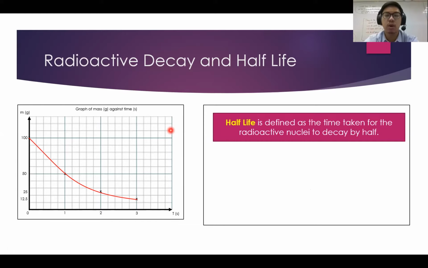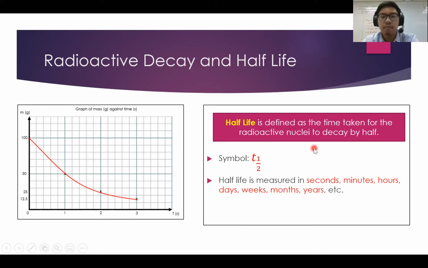So it is a quantity that is related to time, not life, but time. So how much time does it take for the radioactive nuclei to become half? That is the half-life. The half-life has a symbol T with a subscript of a small half at the bottom right corner of the T. So that is the symbol for half-life. And because half-life is a quantity of time, it is measured in seconds or minutes or hours, days, weeks, months,